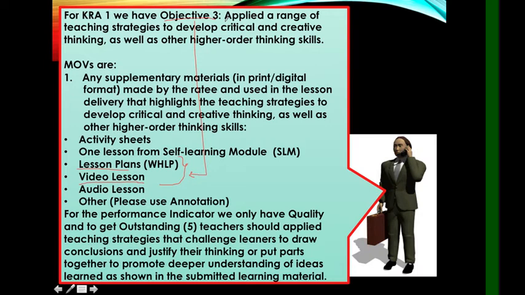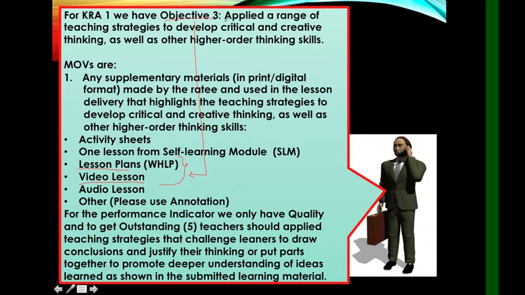Okay, so you can also use activity sheets, one lesson from self-learning modules, audio lessons, or others that are congruent to objective number 3, but please use an annotation to explain how you used it and how it is related to objective number 3. So again, for this, we only have quality as a performance indicator, and to get the outstanding of 5,